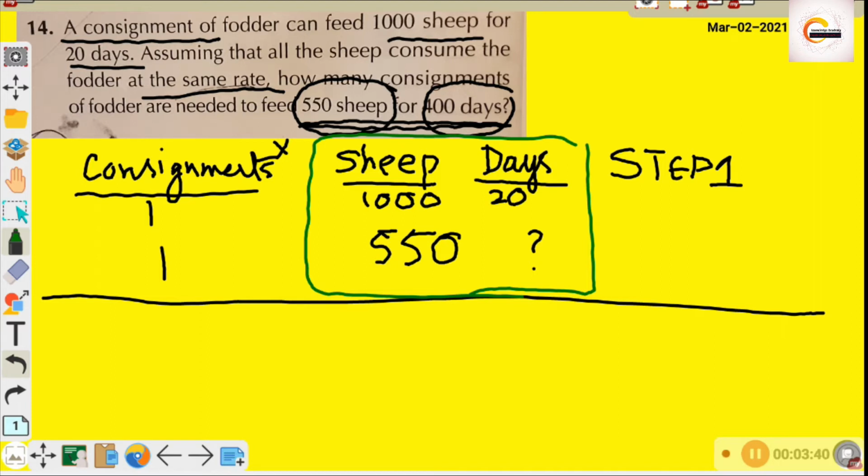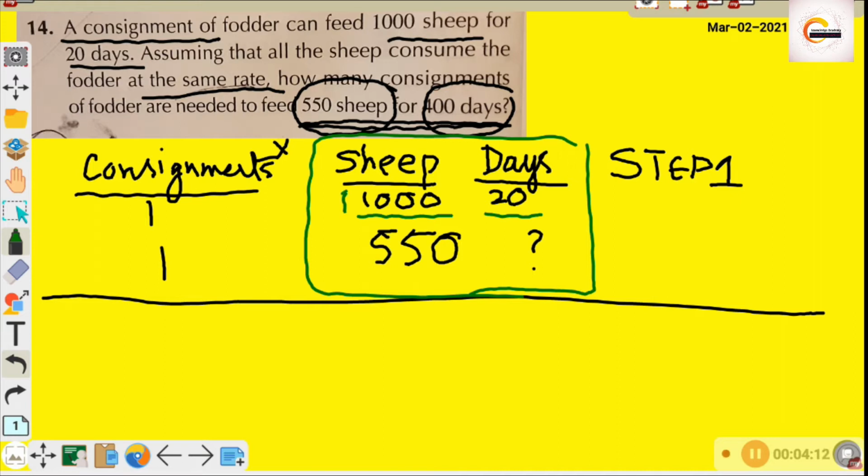So here, comparatively, if we have more sheep, they will consume a limited food or a consignment of fodder in less days, right? And if we have less sheep,